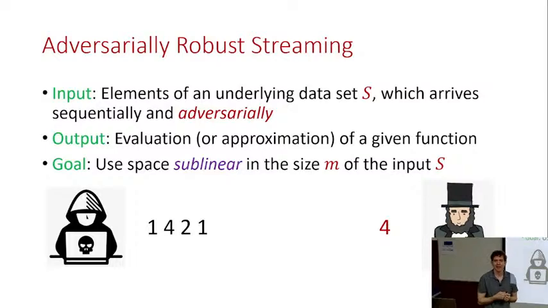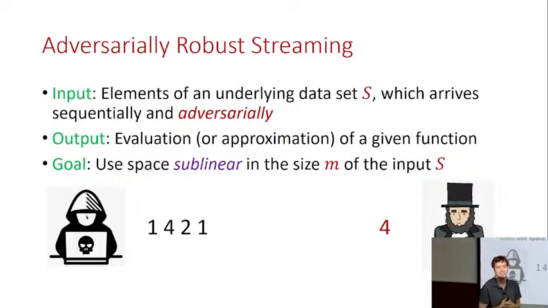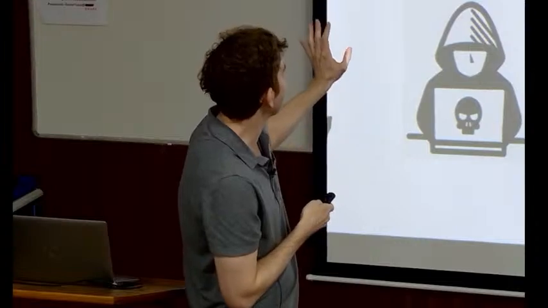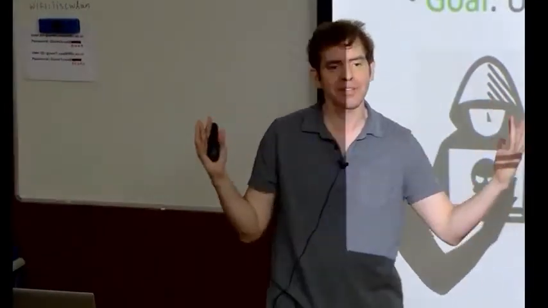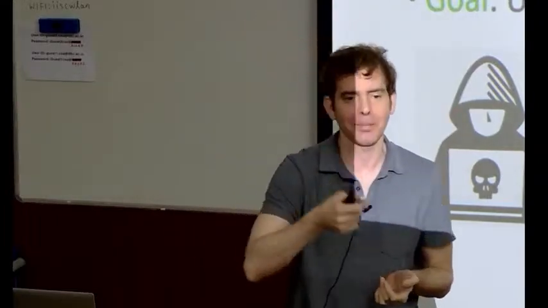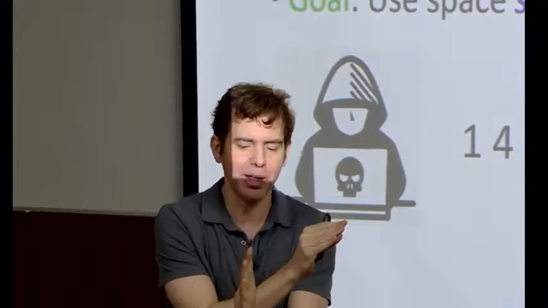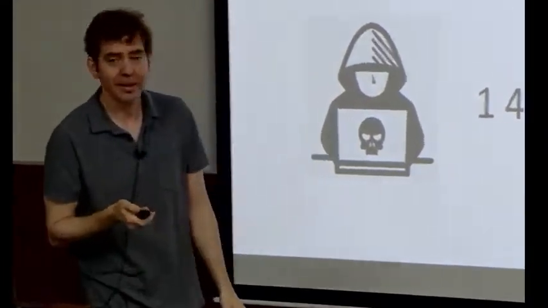Yeah. Sorry, I failed to understand. So how is this model different from the results you showed in the last slide? So those were all in the non-robust setting. So in the non-robust setting, the stream is fixed in advance. I see. And then you just ask to be corrected each time. But here, you get to choose the next stream element based on the previous answers. Any other questions? Okay, good.